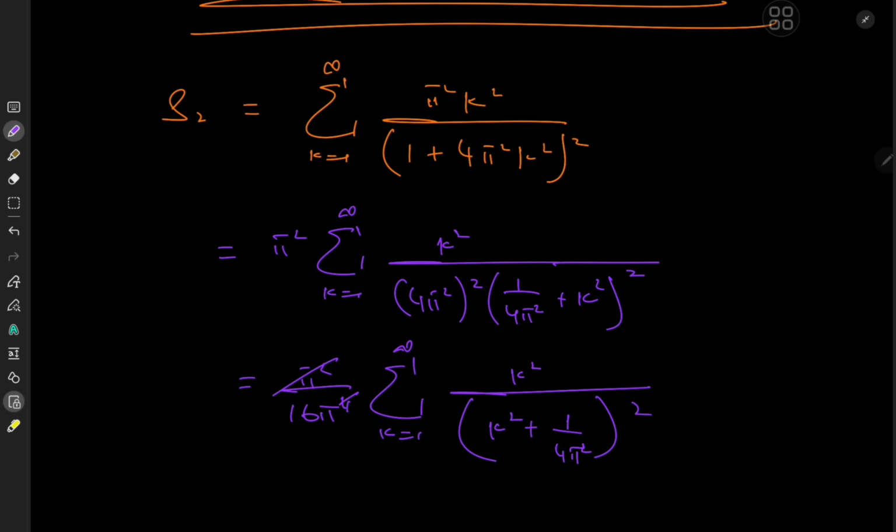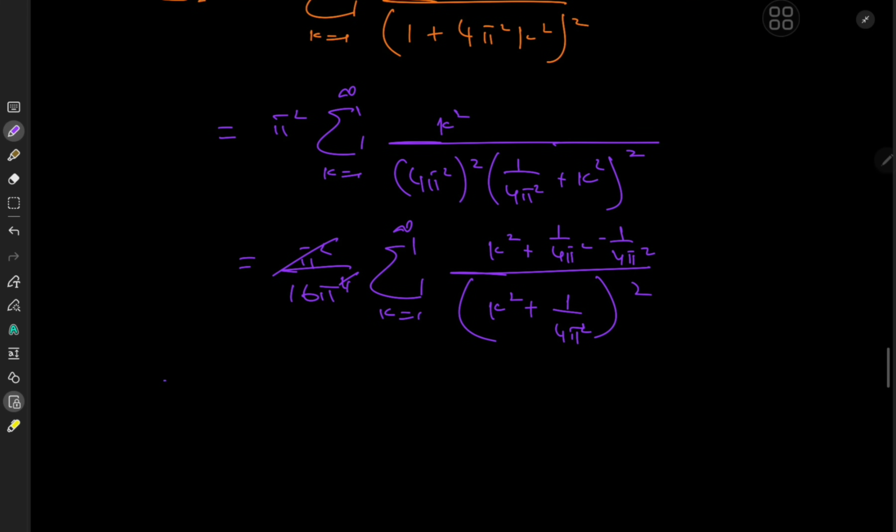Surely there is nothing we can do about it because we have a k squared term up top, then there's a whole square in the denominator. No differentiation is going to help over it. So we'll just add a 0. And my version of 0 for this is 1 over 4 pi squared minus 1 over 4 pi squared, which looks absolutely immaculate in this lighting. So we have 1 over 16 pi squared